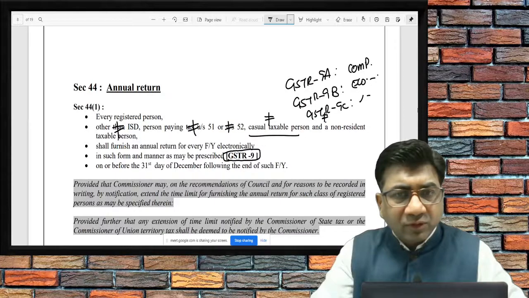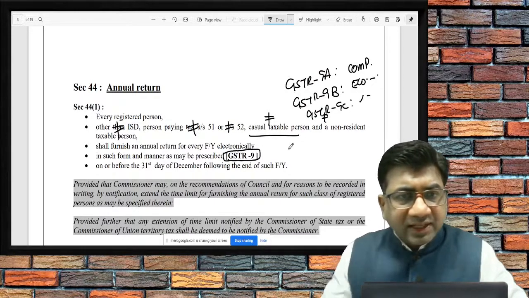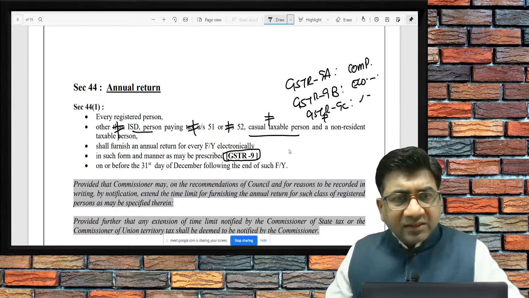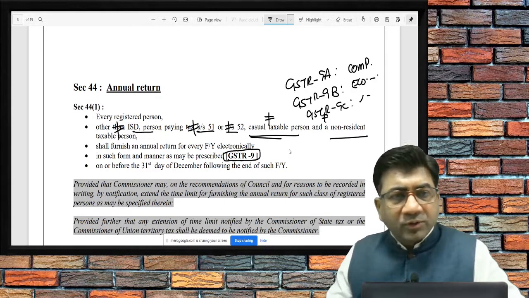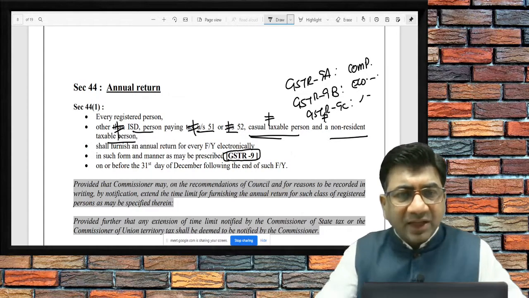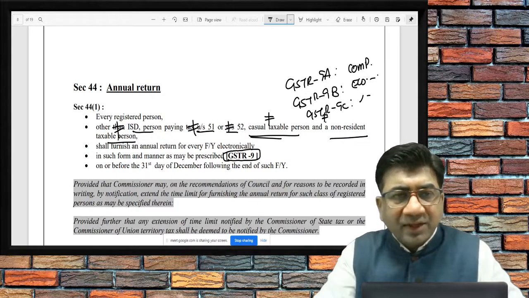Section 44. Casual, ISD, 51, 52, CTP and NRTP. Composite dealer को यहाँ पर exclude नहीं किया हुआ, तो उनका GSTR 9A बना दिया इसलिए। तो यहाँ पर हम exclude नहीं करेंगे।